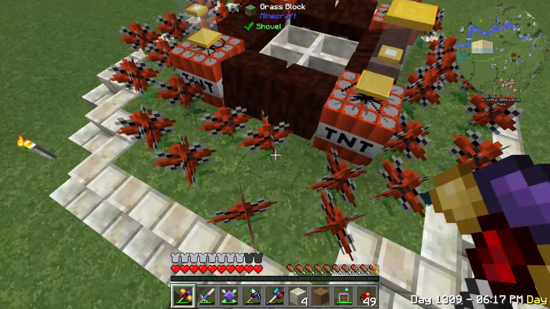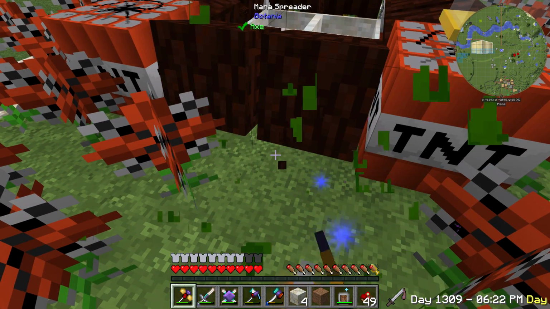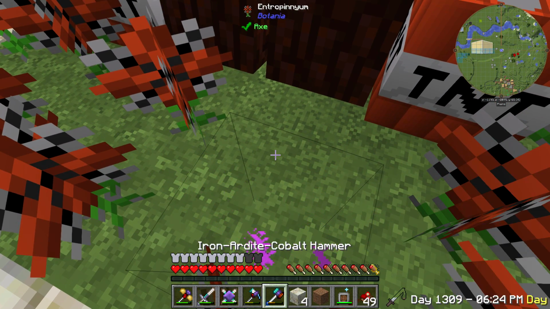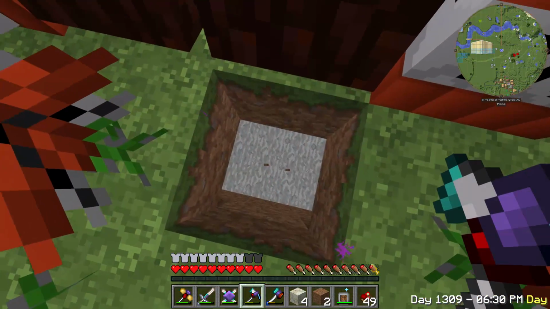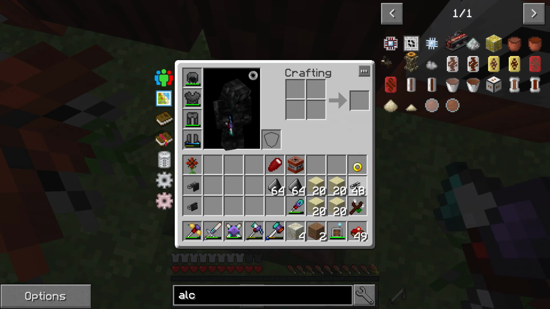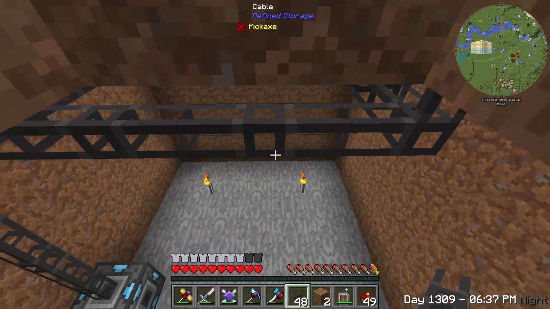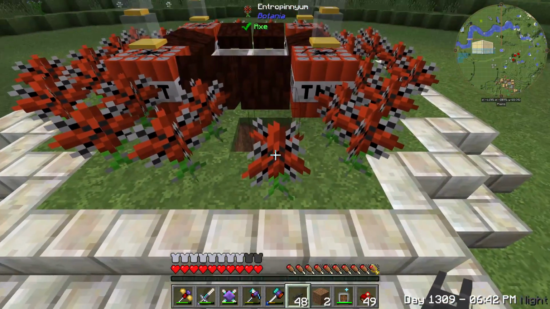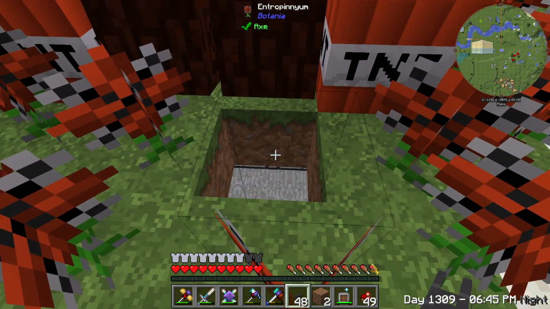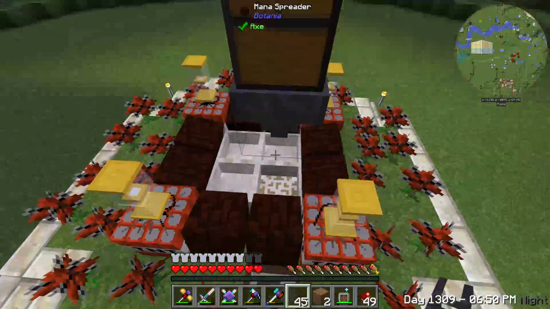And the other thing I'm going to need is a way to get this gunpowder back into the refined storage. And so I'm actually going to knock out this plant here and dig down just this little bit here. I'm going to put a cable in to there, if I can get it. I'll put it in there and bring it up